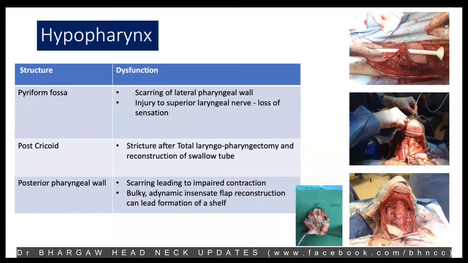The problem with these pharyngocutaneous fistulas, what I've seen, is that when the patient has a pharyngocutaneous fistula, it usually heals by scarring and by second intention. And then the patient starts getting recurrent strictures at that area where it's healed. That's another ongoing problem which we see on the rehabilitative side.